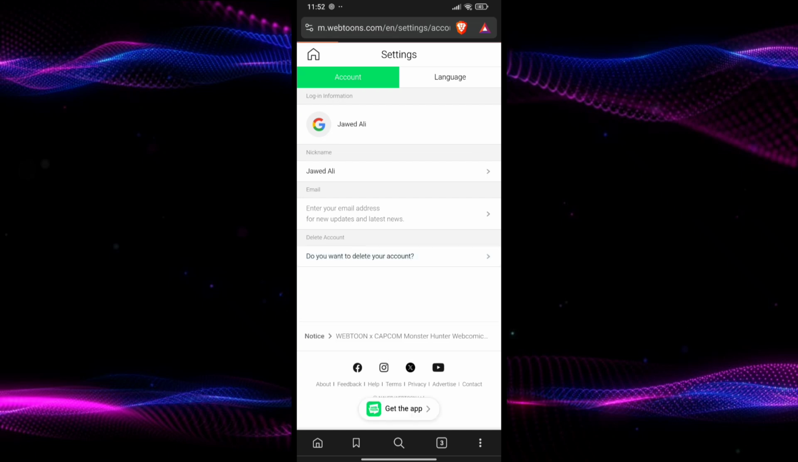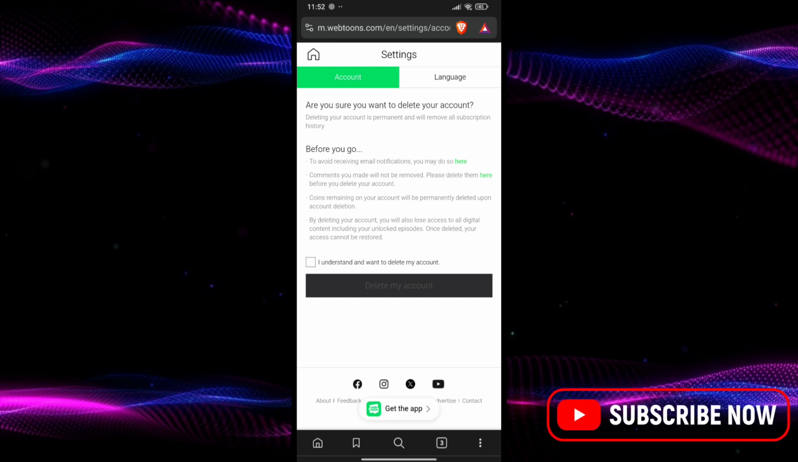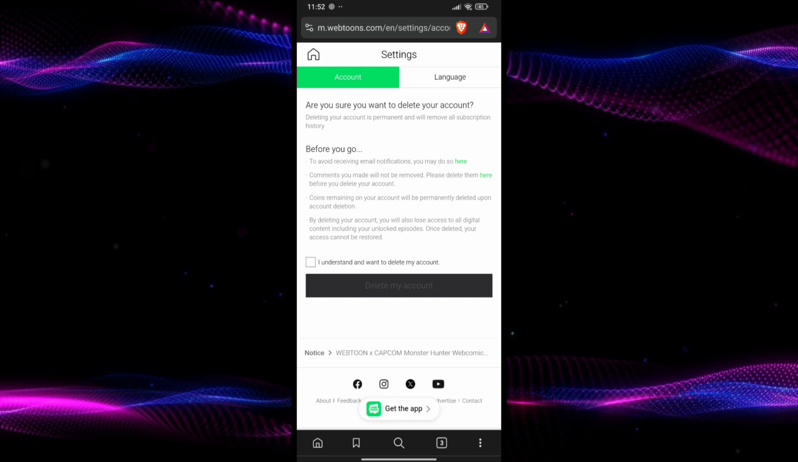Once you tap on that, a page will appear warning you that deleting your account is permanent, and it will remove all subscription history. It also mentions that if you want to unsubscribe from email notifications, you can adjust the settings, and comments you have made won't be automatically deleted. If you want to delete specific comments, you will need to do so before deleting your account. Additionally, any remaining coins and access to digital content will be lost, and you won't be able to restore your